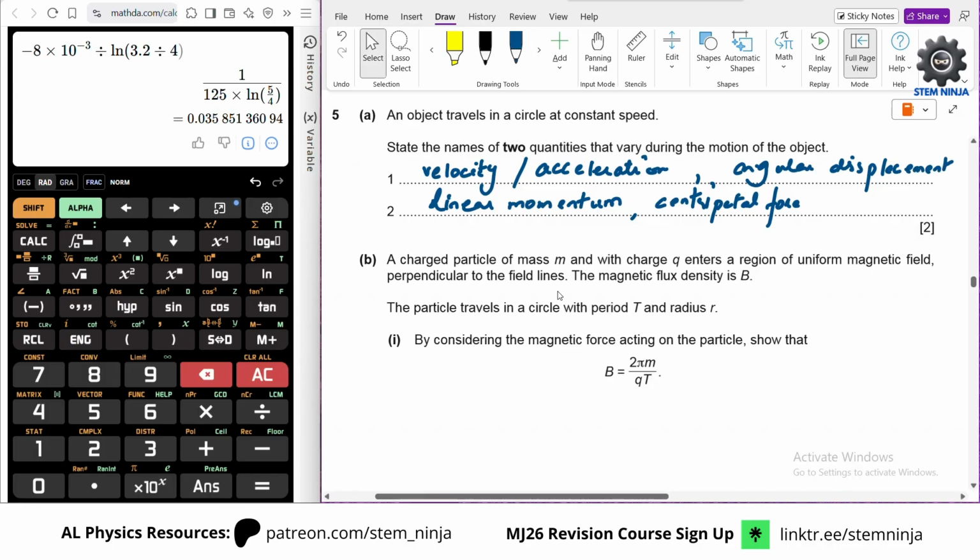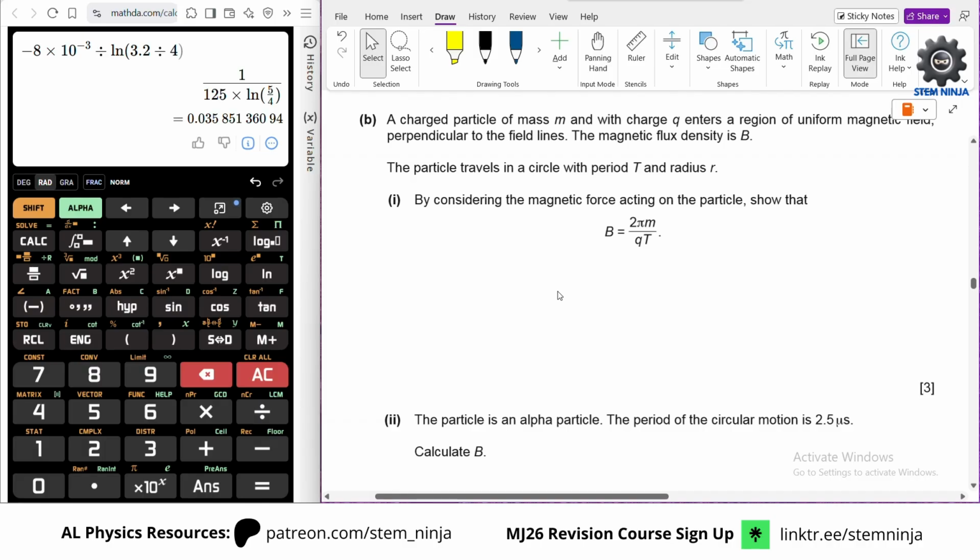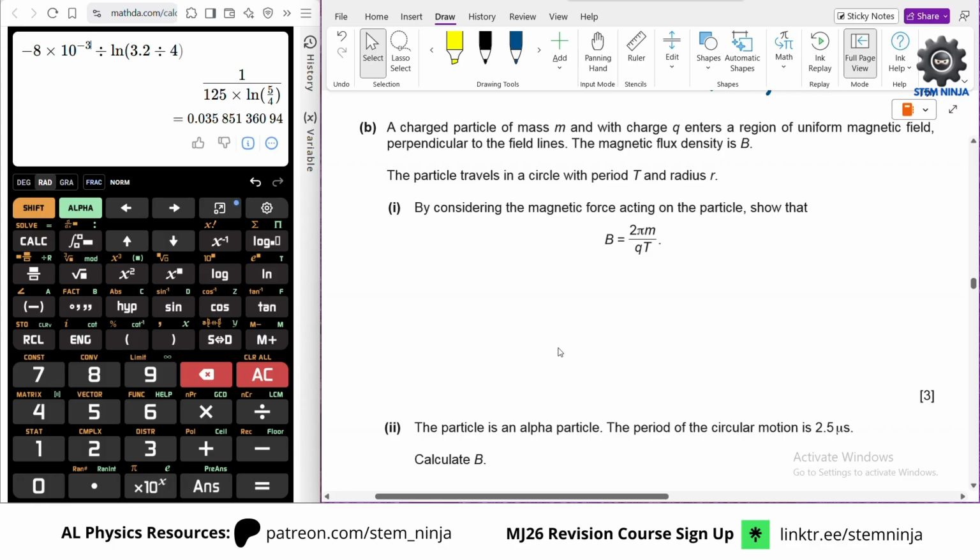Right, okay. A charged particle of mass m and charge q enters a region of uniform magnetic field perpendicular to the field lines. The magnetic flux density is B. The particle travels in a circle with a period T and radius r. Okay, by considering the magnetic force acting on a particle, show that B is equal to 2 pi m over qT. Right, okay. So we know that the magnetic force